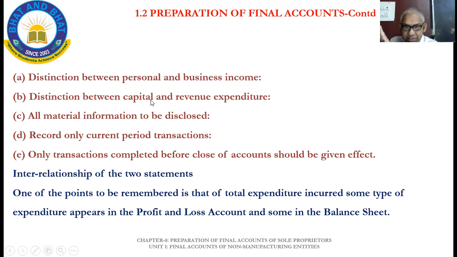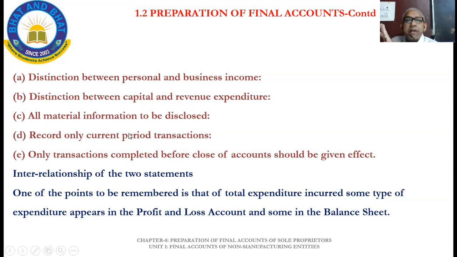Or if a new machinery is purchased during the year, that will be treated as capital expenditure and it will be shown as an asset because the benefits of that will spread over the next number of years during the lifetime of that asset, the machinery. Likewise, revenue also. Revenue is generally small or repeated expenditures like rent, salary, etc.